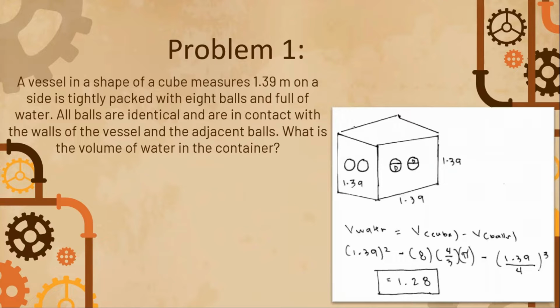So as you can see here in the figure, there is a cube, and inside the cube, there are bowls, which is equal to 8 because each corner of the cube has a bowl. So in order to formulate an equation of analysis, we get the volume of the cube minus the volume of the 8 bowls, which is